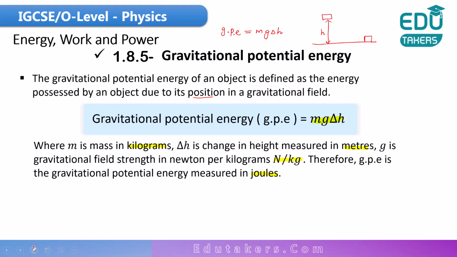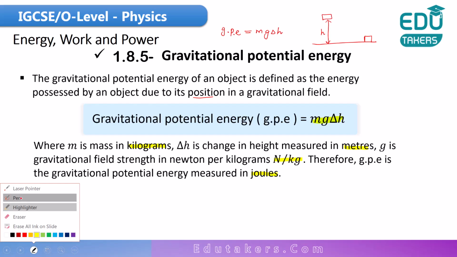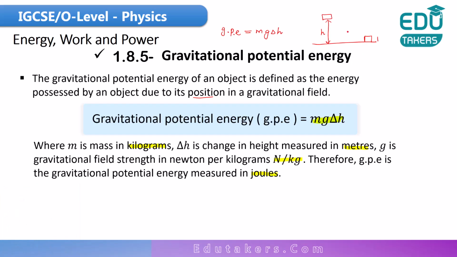I can simply say that when there are two objects, one object is placed on the Earth's surface and the second object is placed at some height. I suppose that this height is equal to 3 meters. Then which object has the largest gravitational potential energy? See the first object which is placed at the ground level, the height for that object is equal to 0. When the height of the object is equal to 0, of course, put the value in the gravitational potential energy. It would be equal to mg times 0. So the gravitational potential energy is equal to 0 joule.